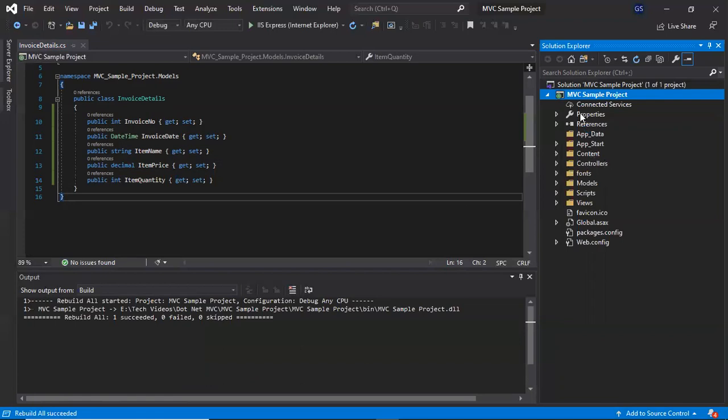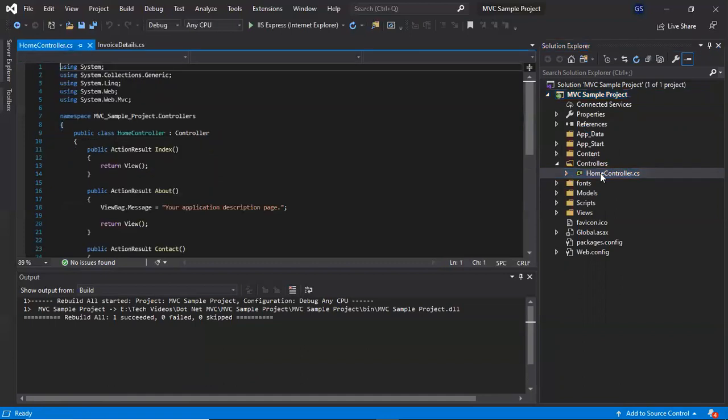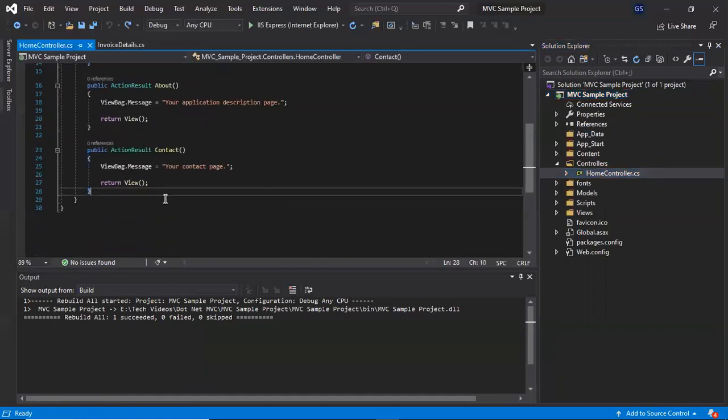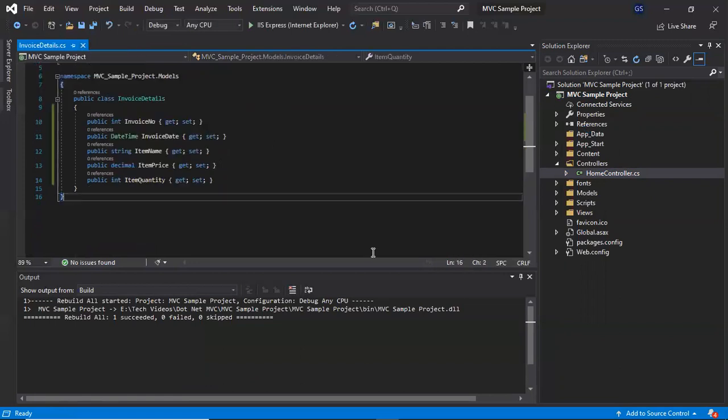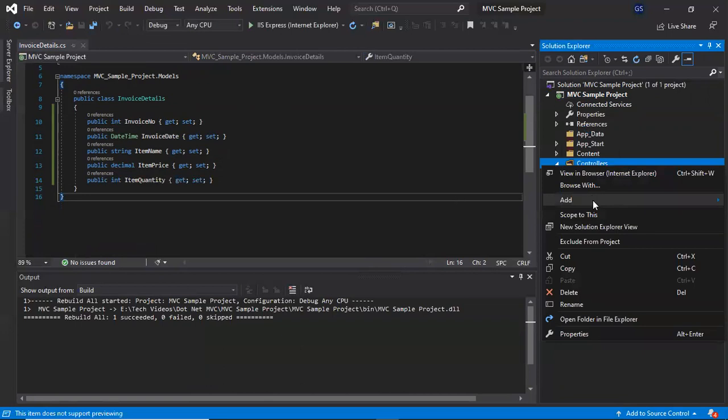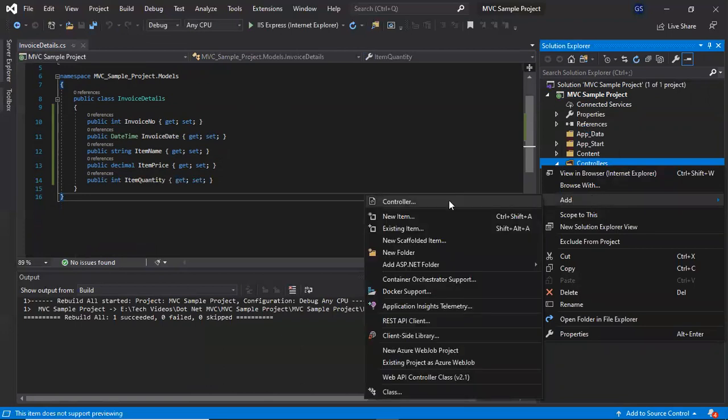Now the next step is to add the action. So expand the Controllers. Inside the Home controller, we can add our action, or we'll create a separate controller which serves the invoice details. We can add the controller.